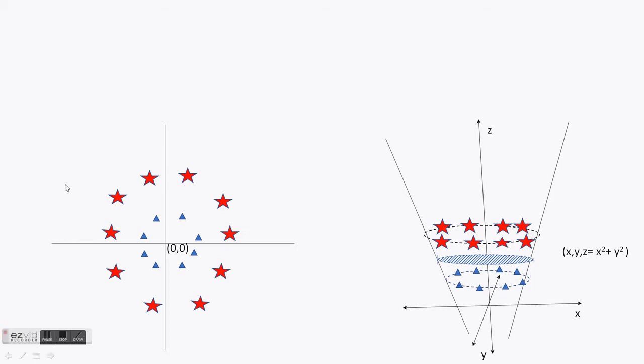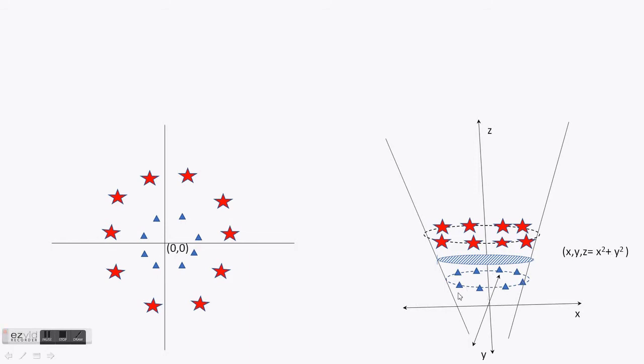Assuming that we have two classes, here the red stars are one class and the blue triangles are another class. Again, it's not a very simple linear boundary. How do we segregate these two classes? What SVM does, again using the kernel trick, is transform this two-dimensional figure with x and y coordinates into three dimensions. Just move it up. We create a new coordinate, z equal to x squared plus y squared, which